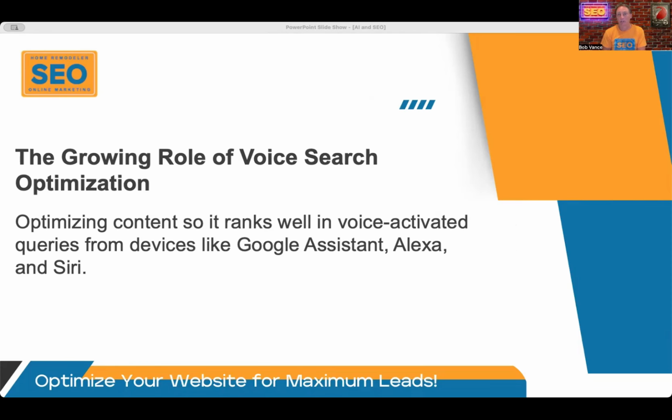We recently had someone come to us. They said they found us on Grok. They just asked, who's the best marketing company for remodelers, and we happen to show up. That's not by happenstance. It's because that's the way we're optimizing our content. We're trying to answer those queries with the way we write our content so that we show up there first. That's where search is heading. Google search, Google Maps results, optimized websites, those things aren't going away. But AI is really going to start taking a front seat based on the way you structure your content.